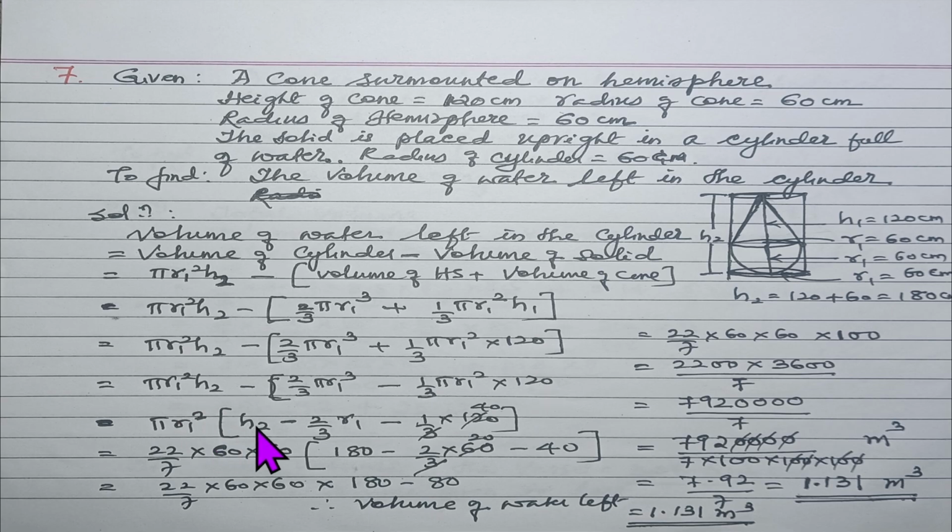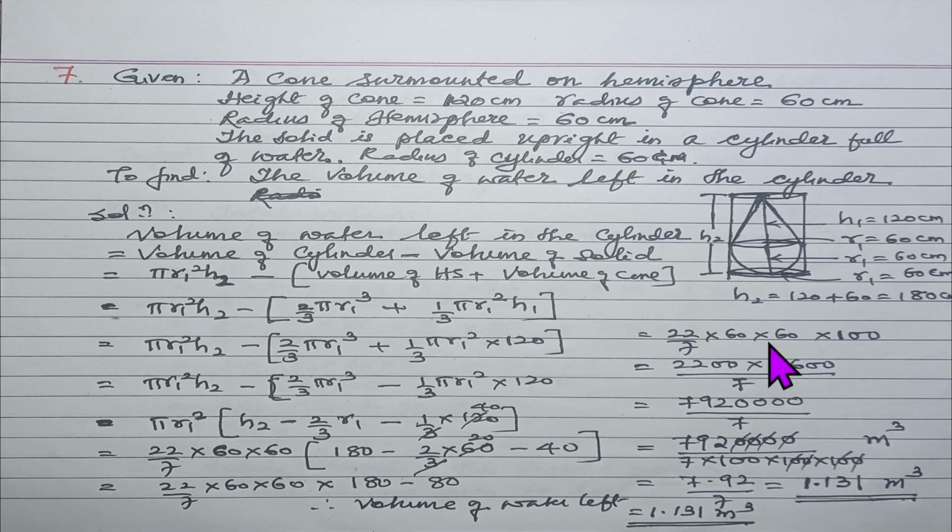So pi r1 square is taken outside, h2 minus 2 by 3 r1 remains here, minus 1 by 3 into 120, and 22 by 7, r1 is 60, and as I have told you, h2 is 120 plus 60, that is 180 here, minus 2 by 3 into 60 minus 40. Now further simplification, 22 by 7 into 60 square, 180 minus 40 plus 40, that will be minus 80,